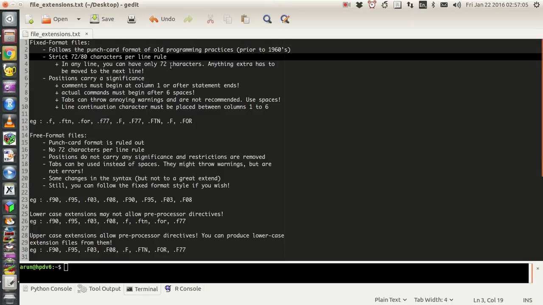As a consequence, each line is about 80 characters long, or 72 characters depending on which punch card they used, okay. And you have only 80 spaces to write your commands, any instruction. So that's the reason why